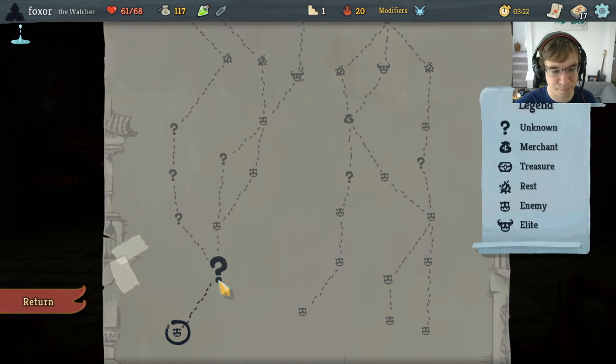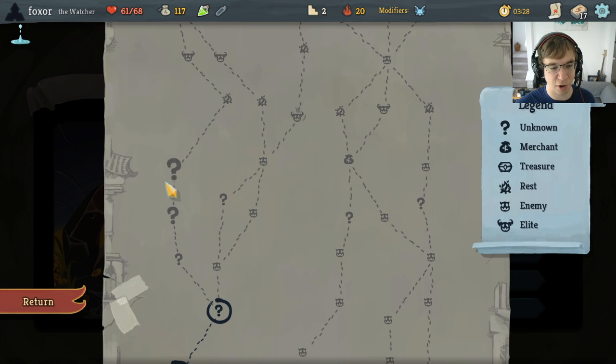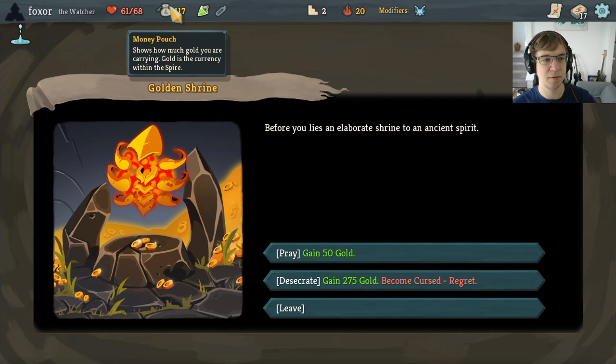It's pretty sick. We could take the regret and then go this way and hope we find the shop. I kind of like it. It's probably too greedy, though. Let's see. We're going to do some math really quick. All right, so let's see. How do we get this information? Sorry, I'm just looking at the...